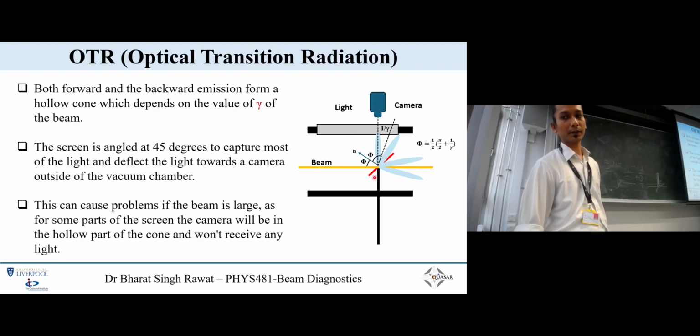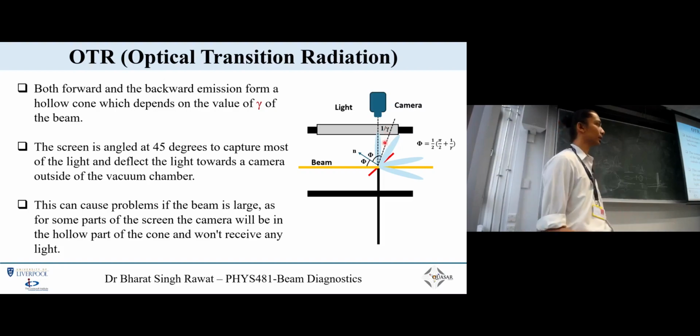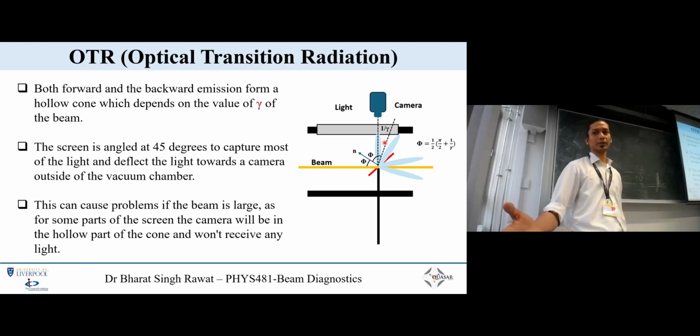So again, you have a 45-degree angle to capture most of the beam and then deflect the light. What makes transition radiation special is the angle at which it emerges. It depends on the velocity or the energy of the beam, gamma. An approximation is that theta, which is this angle, is proportional to 1 by gamma. So the angle at which the light will be emitted, you can calculate beforehand before putting your camera at a